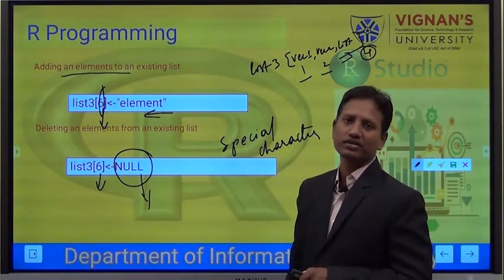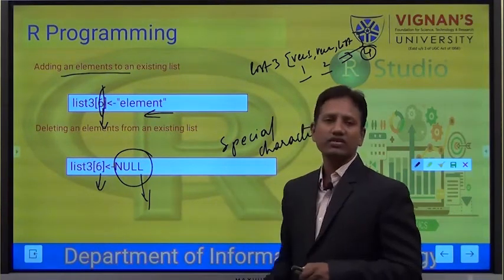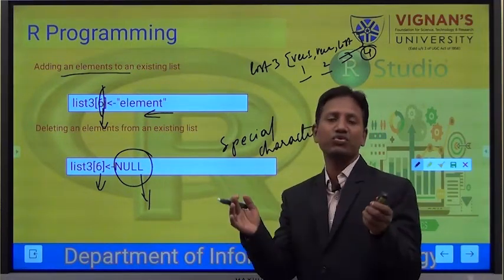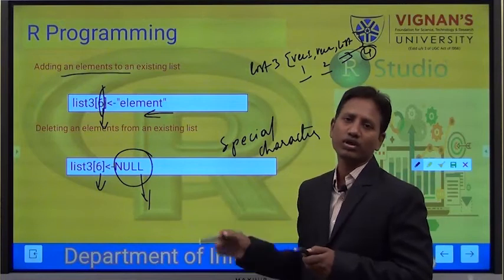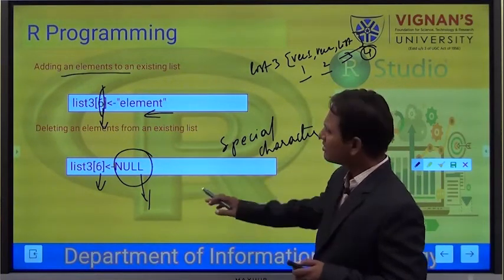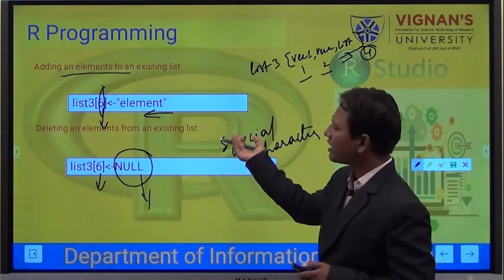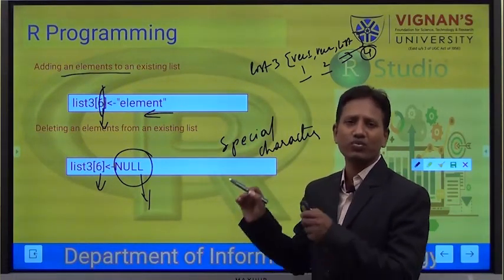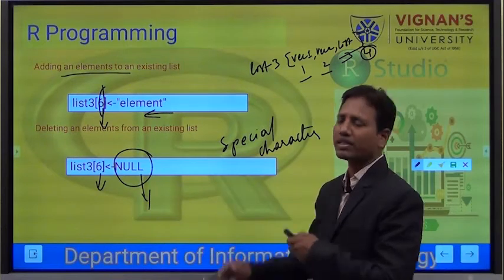It's a special character. If you use this NULL, that element is going to be deleted and the list length is going to be reduced by 1. So this is the way we add an element and delete an element with the help of the indexes. Very straightforward and simple.